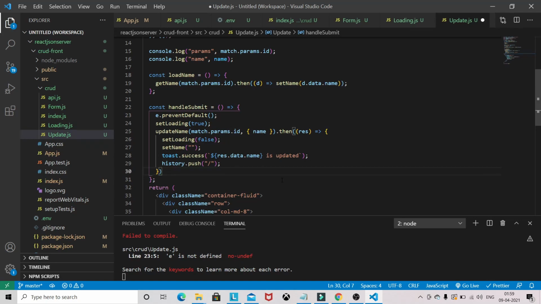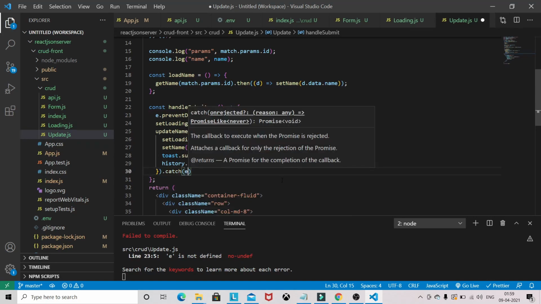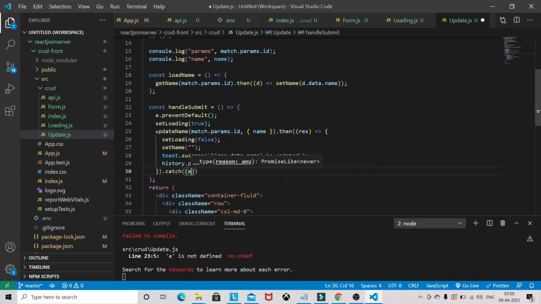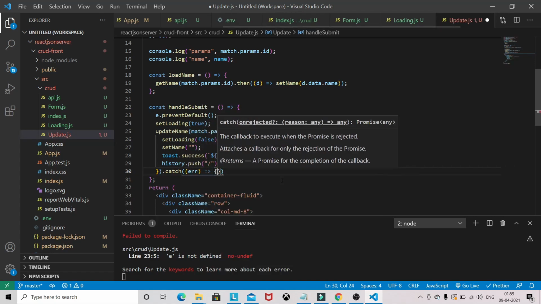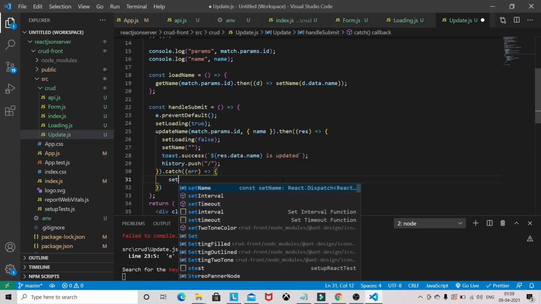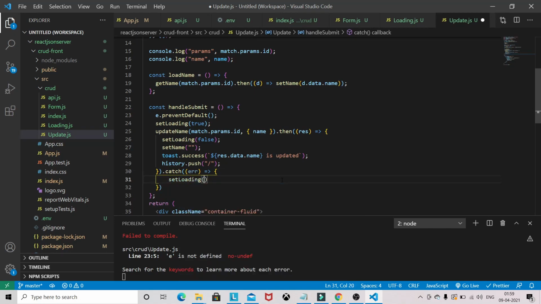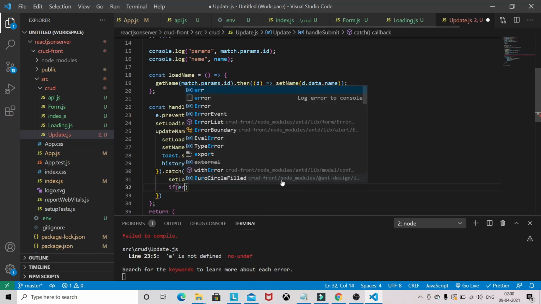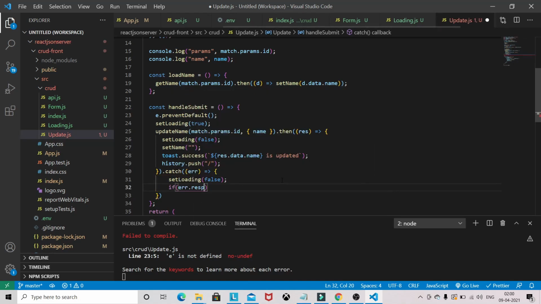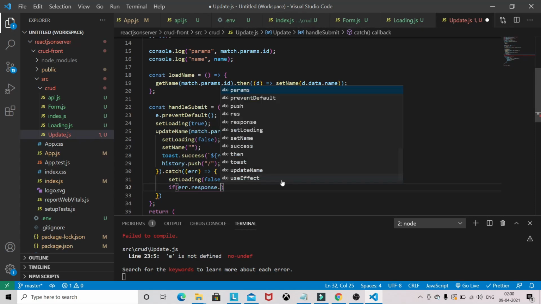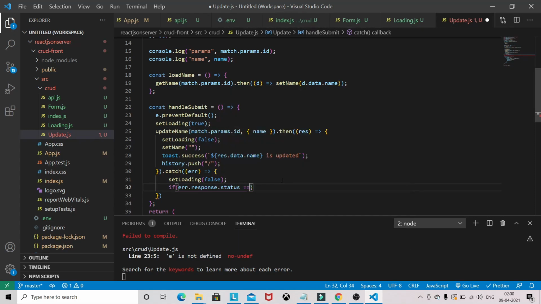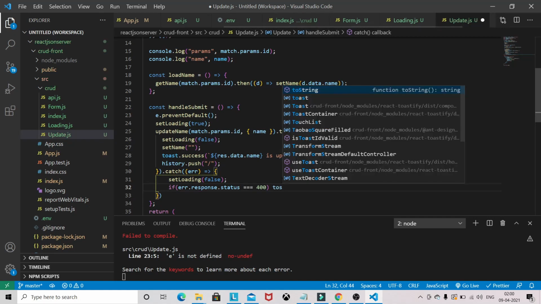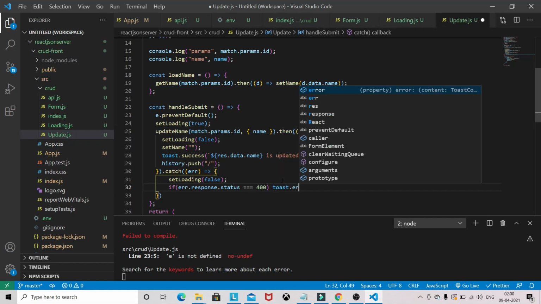And in case of error, loading will be false, response.status and toast.error.